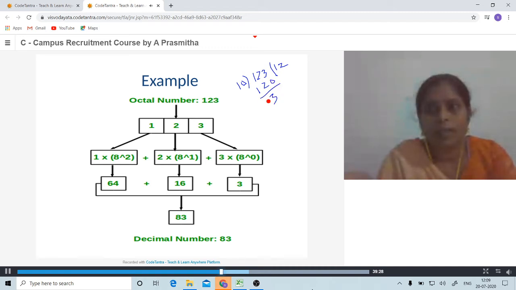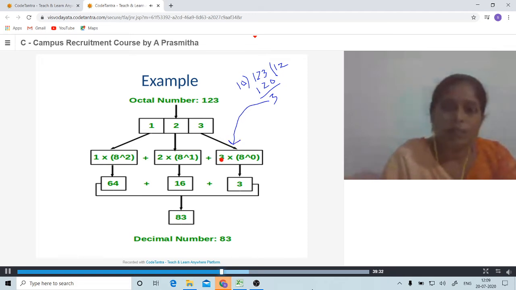We are storing this, right? So this 3 is multiplied with 8 to the power of 0. Now I am taking this 12 as my next number. So again 12 is divided with 10.